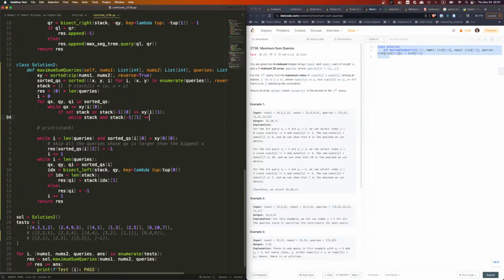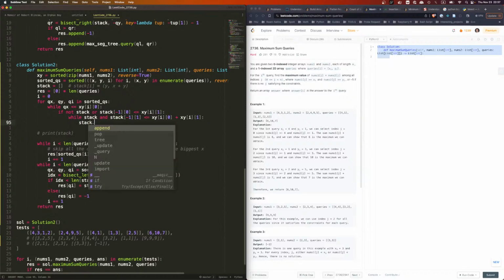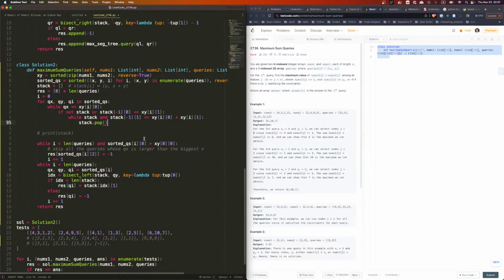Yeah, equals fine, I think. Smaller or equal to xy[i][0] plus xy[i][1], stack.pop. It works because if the y is equal, okay, if the y is equal, then this is